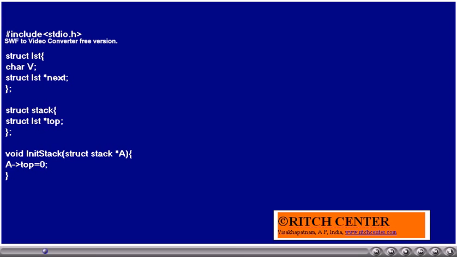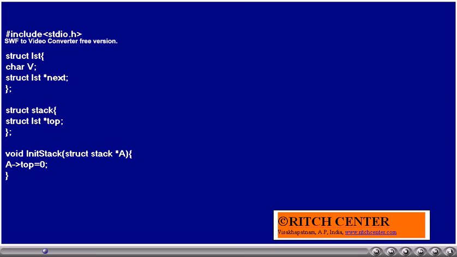Thus, we have taken a structured variable LST which contains two data members, a character variable v and a LST type of pointer variable next. We have defined another structure stack such that it contains a LST type of pointer variable named top.